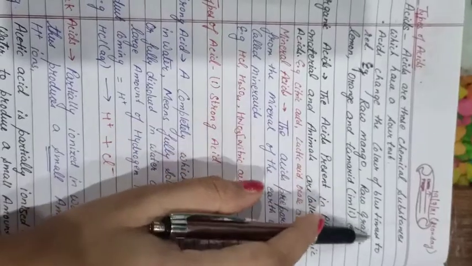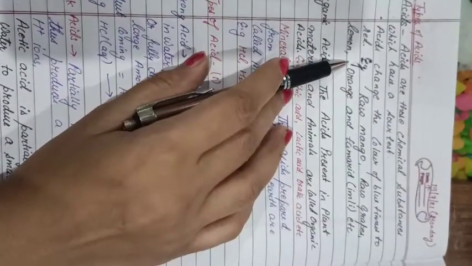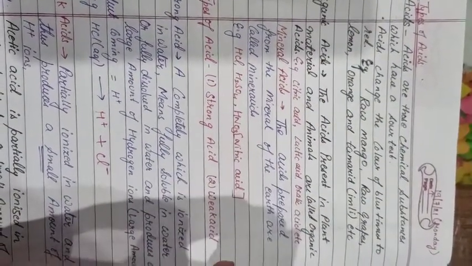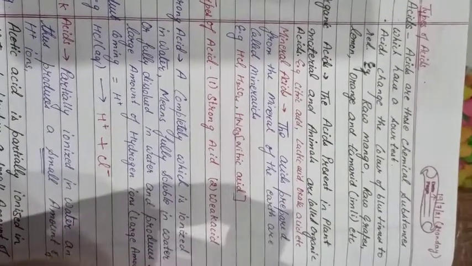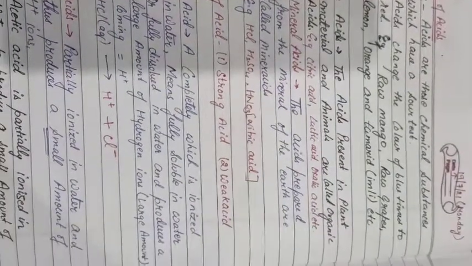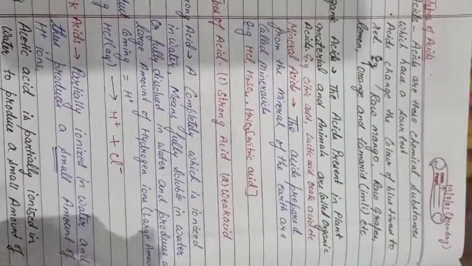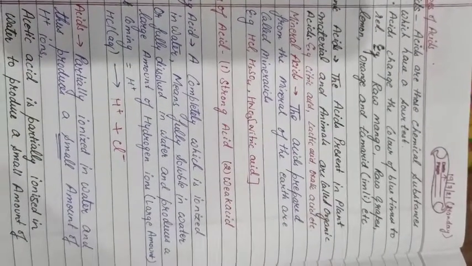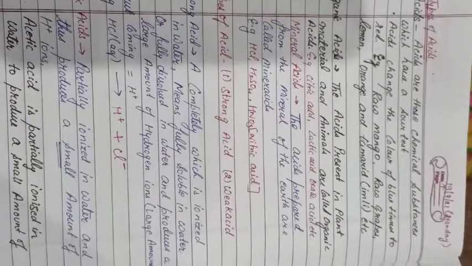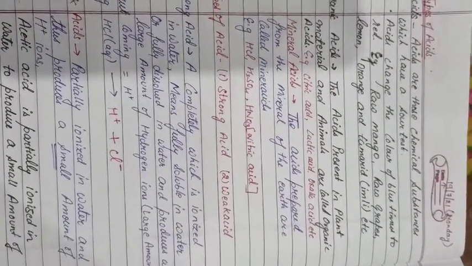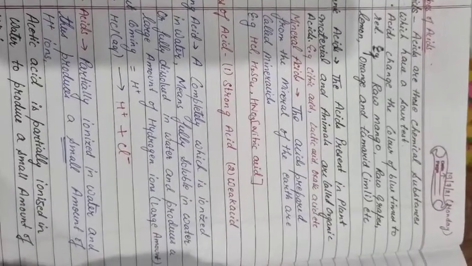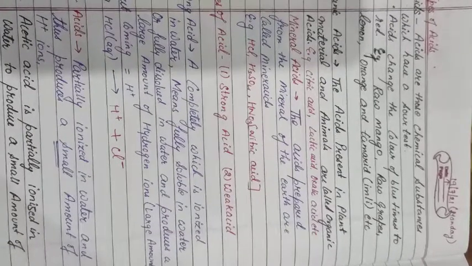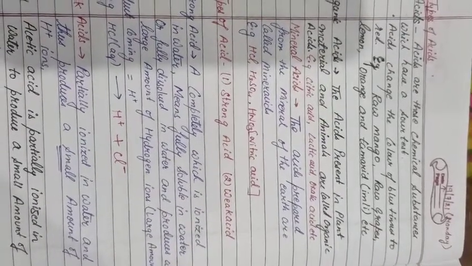Acids change the color of blue litmus to red litmus. If blue is changing to red, it means the thing is an acid. For example, if I have taken lemon juice and I put the litmus paper in it, the color changes. First of all, you take the red paper. No reaction will be formed. If a reaction is formed, then use the blue one. When you put the blue in the lemon juice, it automatically changes into red.